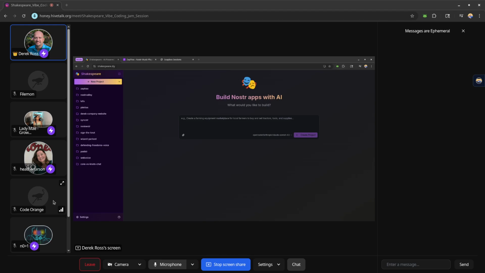So, what we're looking at here on my screen is Shakespeare. I believe that Shakespeare is the best application out there for building on Nostr. If you want to build a Nostr app, a Nostr website, an idea that you want to build, and have some type of Nostr integration, Shakespeare is the best tool that you can use because Shakespeare has been built to understand all the ins and all the outs of how